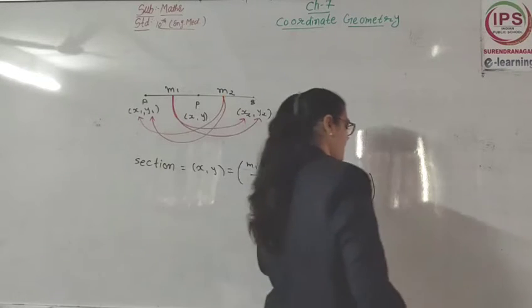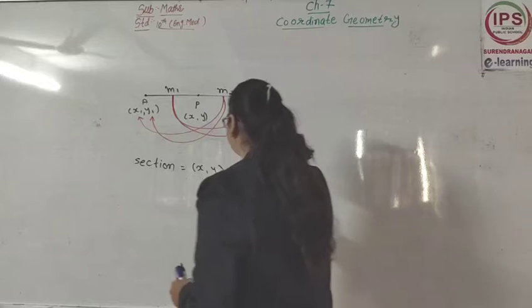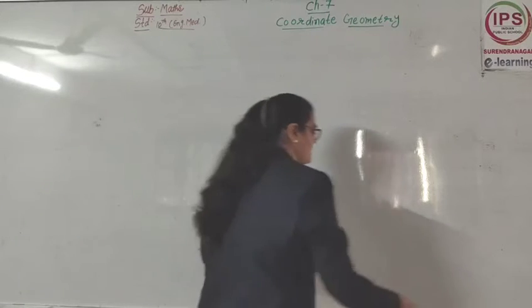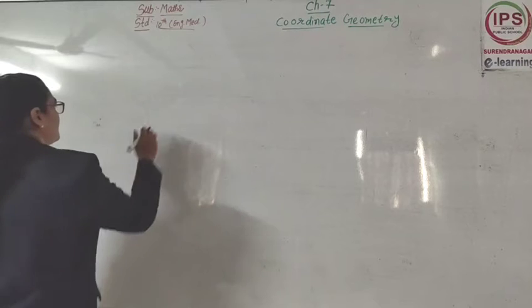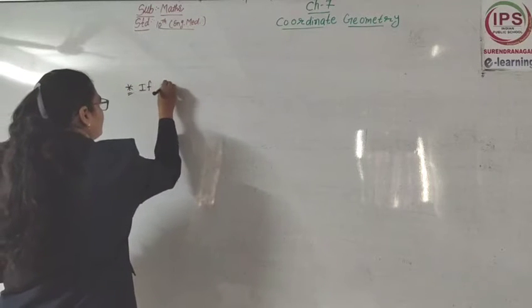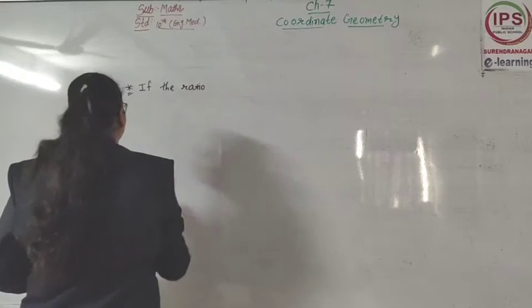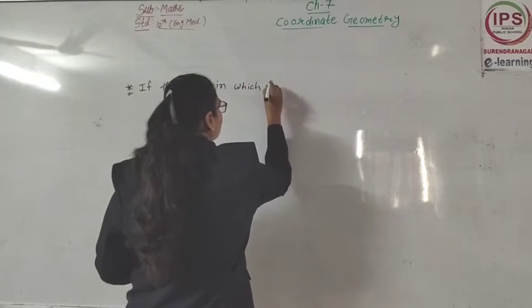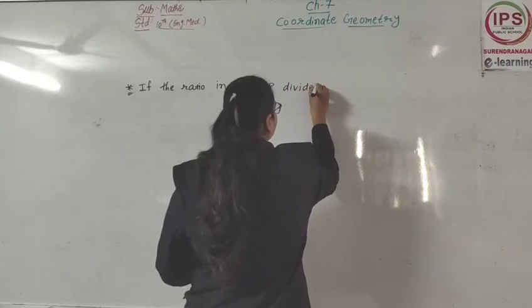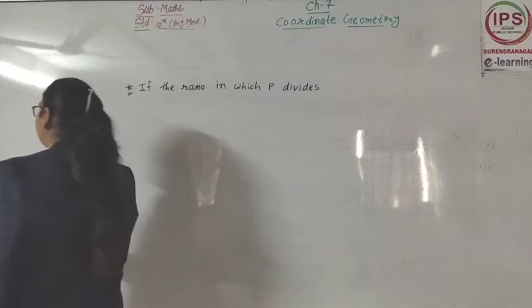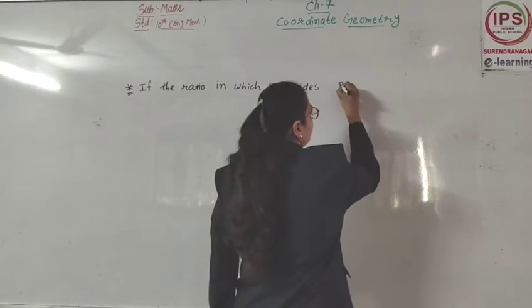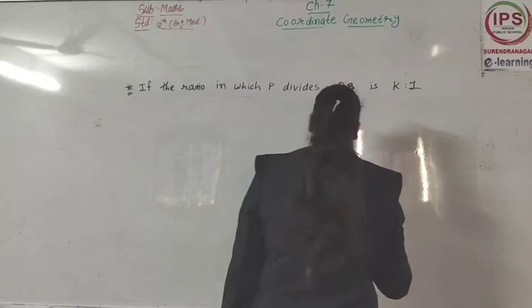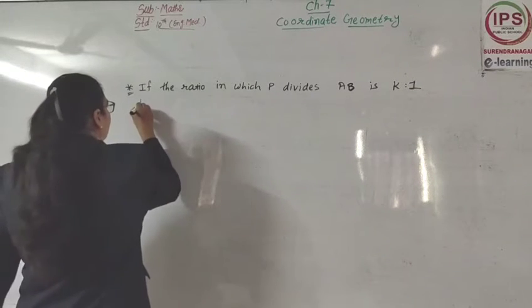Now we are going to see one or two more points. Now we are going to write the next point, and that is: if the ratio in which P divides AB is k ratio 1, then the coordinates of the point P will be...